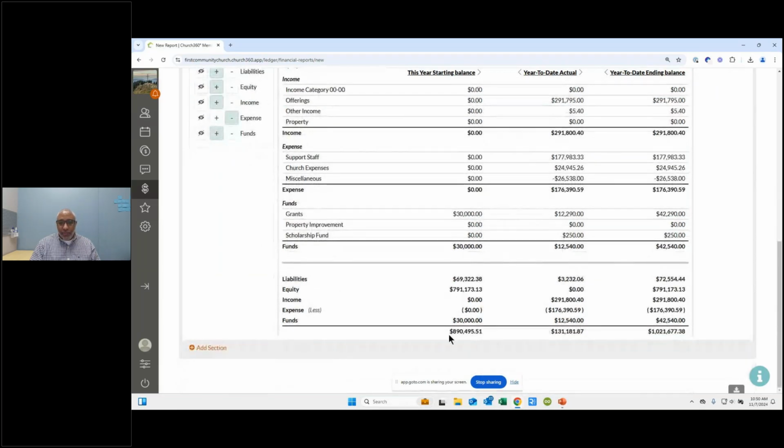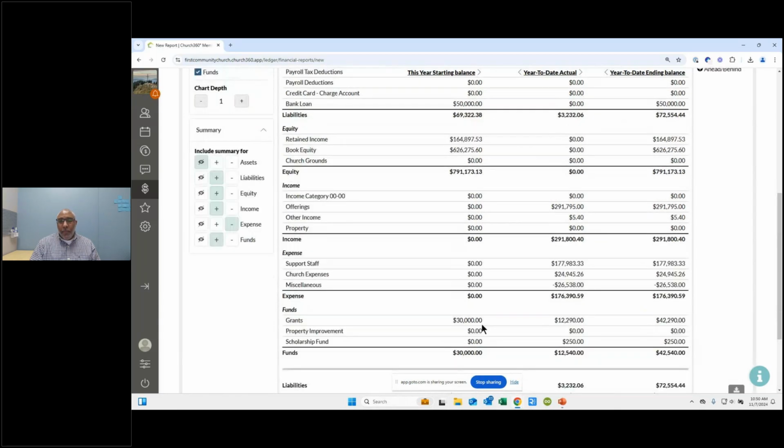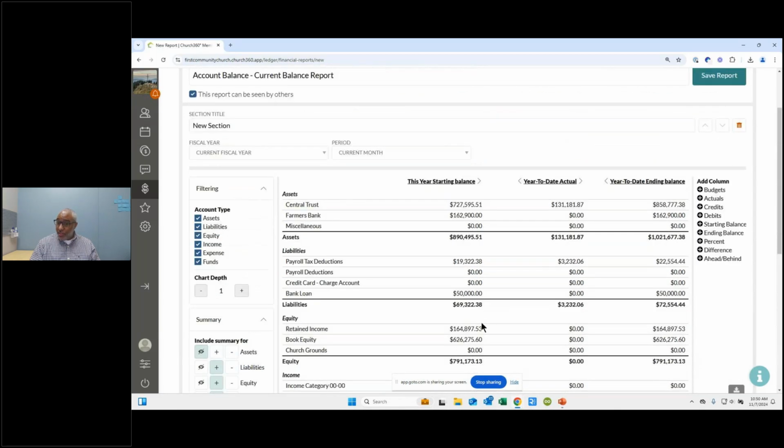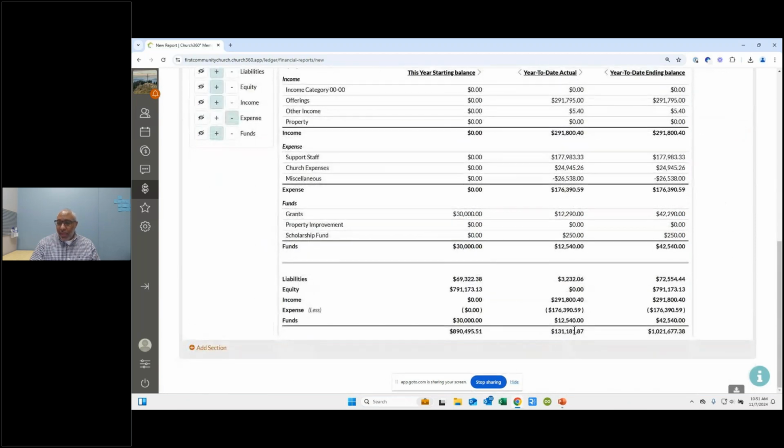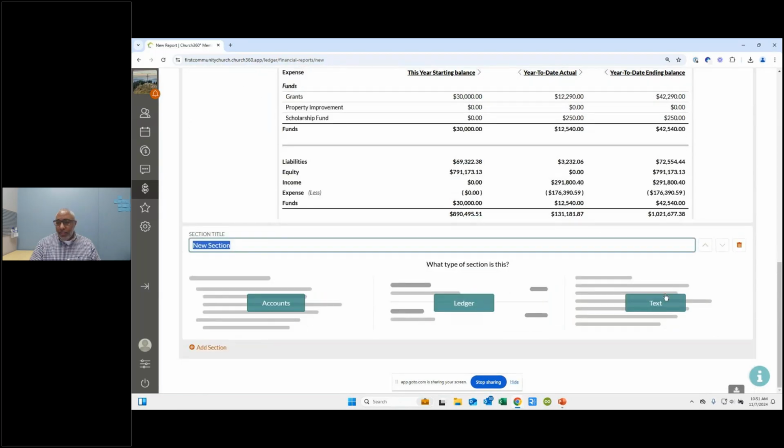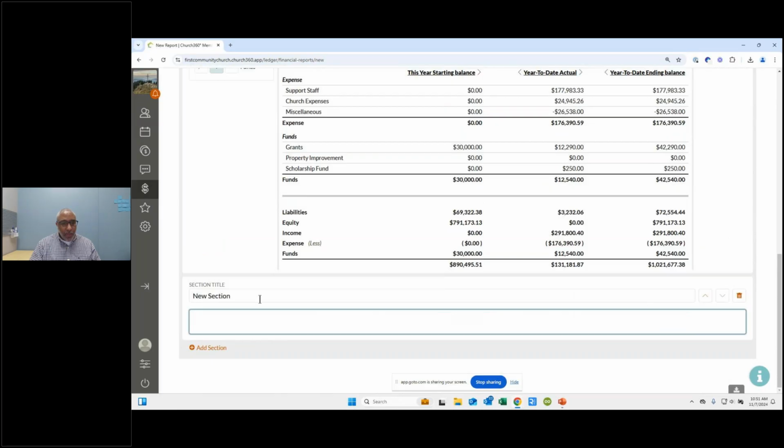And then that's going to put all this information down here. 890,000 matches this 890,000 up here for my assets, and then has my actuals, and then has my ending balance down here at the bottom. And that could be my account balances report. If I want to add a note, I can say add section and say text.